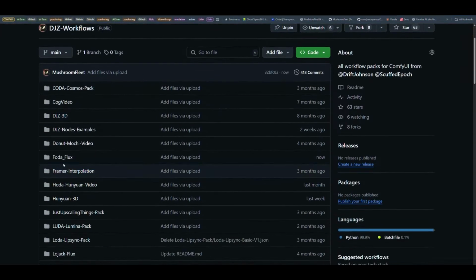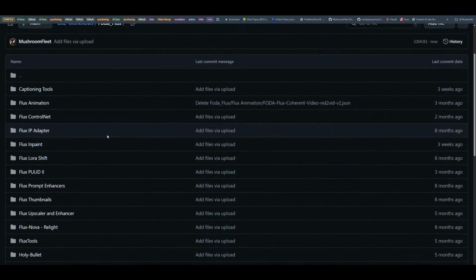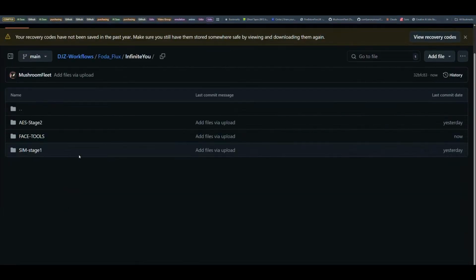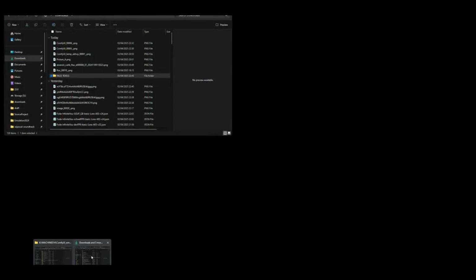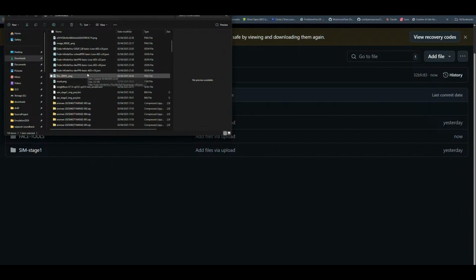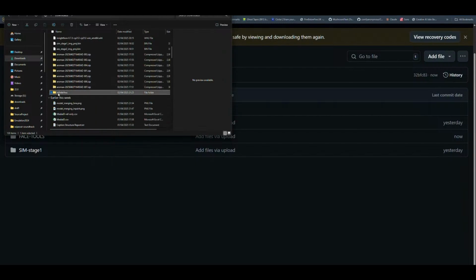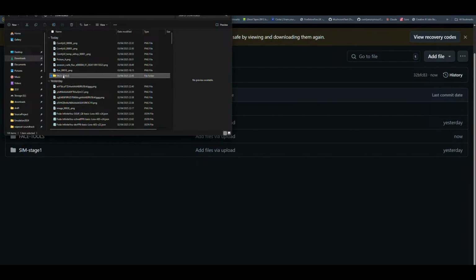Alright. PhotoFlux. Infinite U. There it is. Alright. So I think where's the other folder? There it is. So if I take that, put it in here,